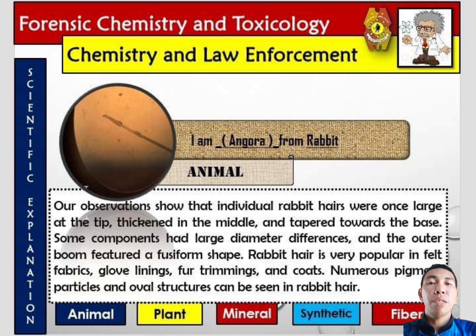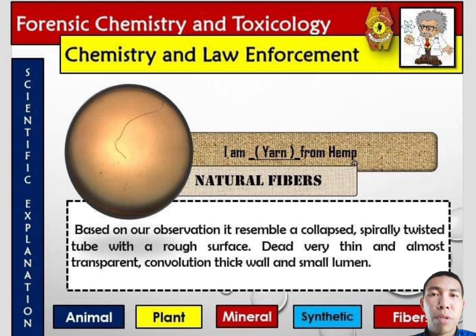Rabbit hair is externally used for felted fabrics, gloves, lining, or for trim, coats, etc. You have numerous pigment granules and oval structures in the hair of the rabbit. This resembles a collapsed spirally twisted tube with a round surface, very thin and almost transparent convolution, thick wall,